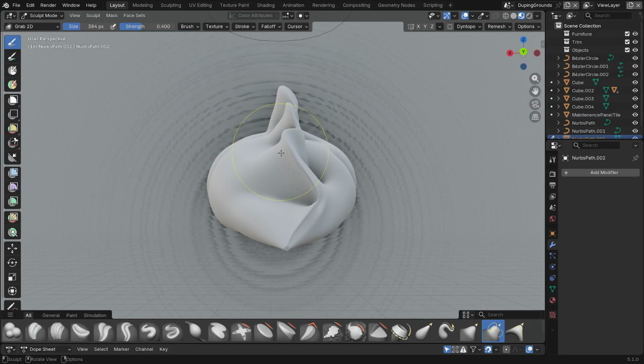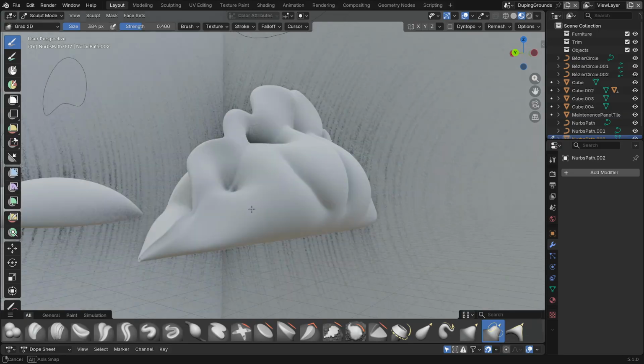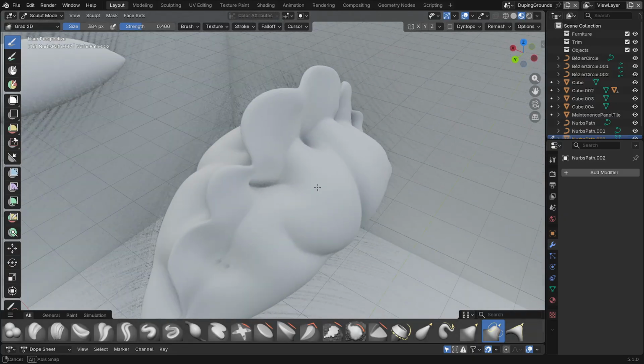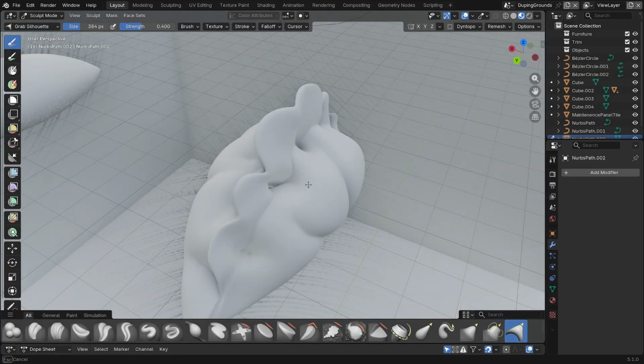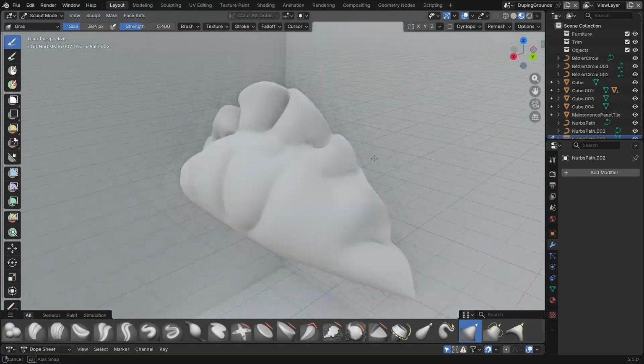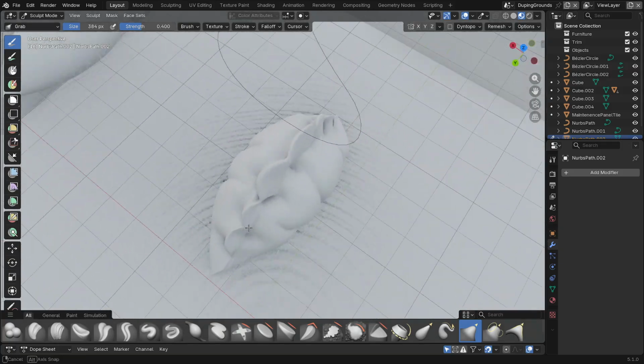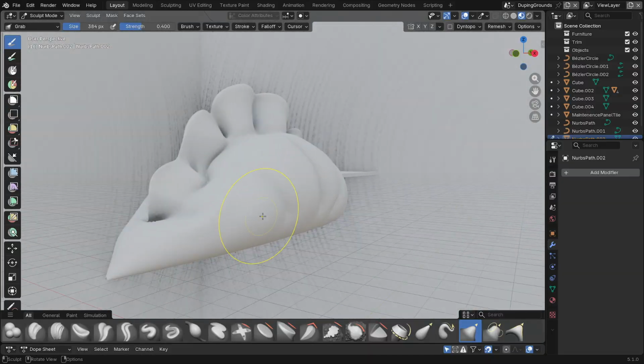Oh, I kind of liked sculpting. It's not too difficult to make something look good, but it's going to be hard to make something look really good. I know that for sure. That'll just come with experience. Look at that. Check it out. We got a dumpling. It's a little funky looking, but